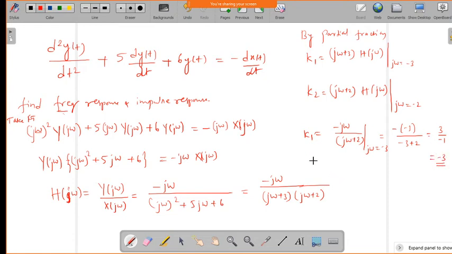Okay, so similarly k2 is minus j omega by j omega plus 3 at j omega equal to minus 2, so we will get minus of minus 2 divided by minus 2 plus 3. This will give 2 by 1, which is equal to 2. Okay, so now we can express this h of